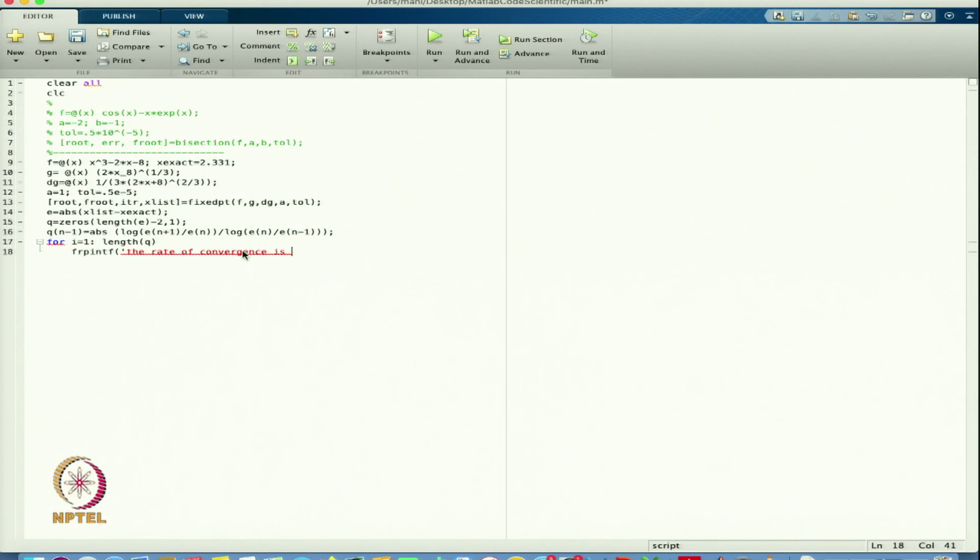is, so that is equal to, I can write 4.2 maybe f, then I can write my new line and then I can define q i, this one, and then I can define the end. So, this way we can define this function and that is my exact root. So, let us run this code